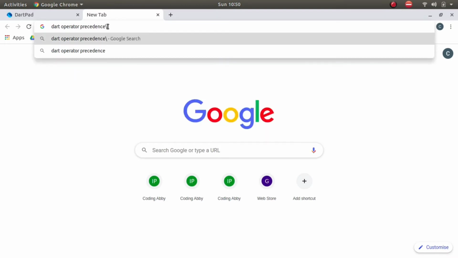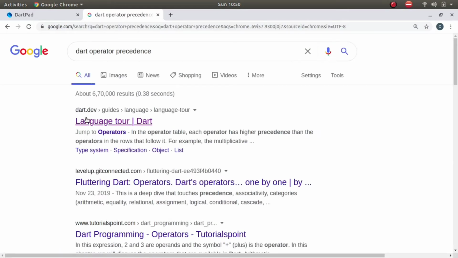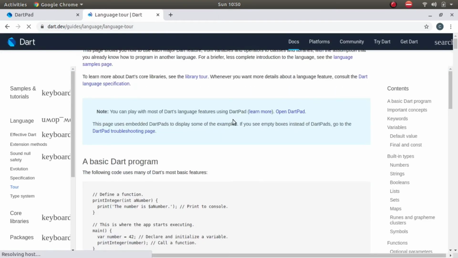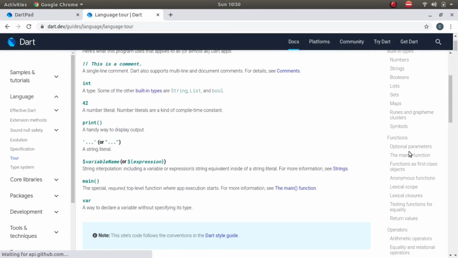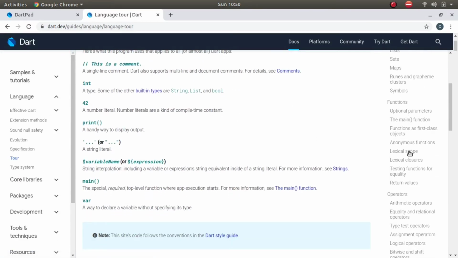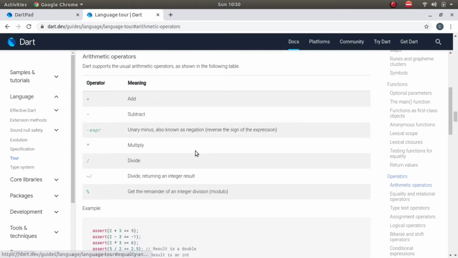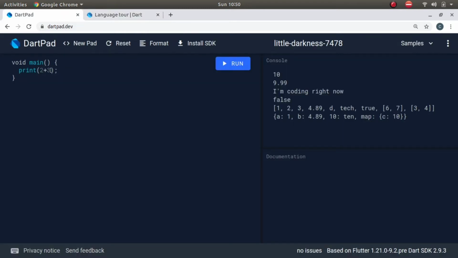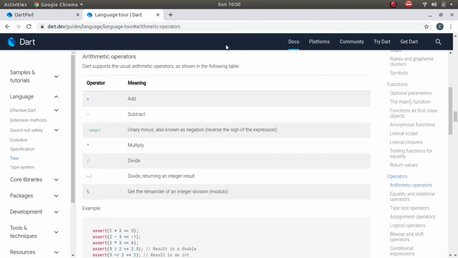Precedence, let's say, language, the first link. Yeah, here is operators. So this is the add operator or addition operator. This is the documentation of Dart.